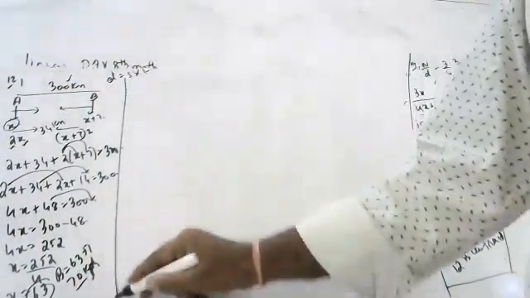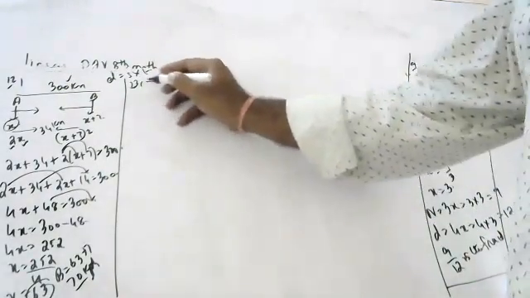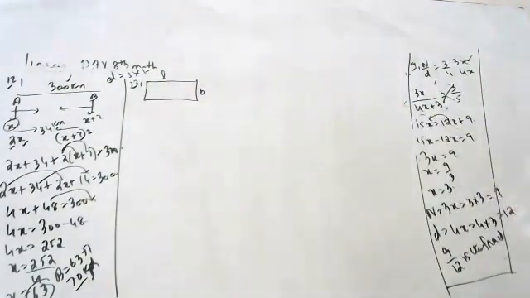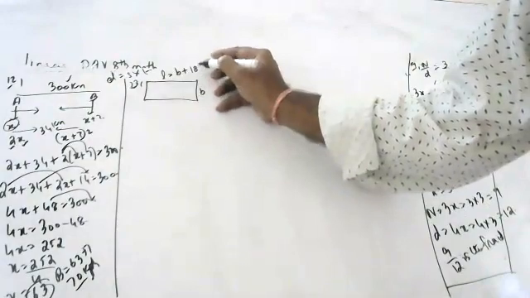Okay, children, this is one car, this is the other car. Next. The length of a rectangle is greater than the breadth by 18. Surya, this is length, this is breadth. Length is greater than breadth by 18. That means L is equal to B plus 18.